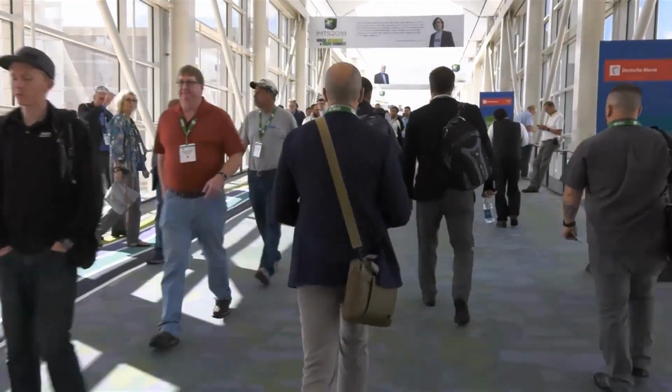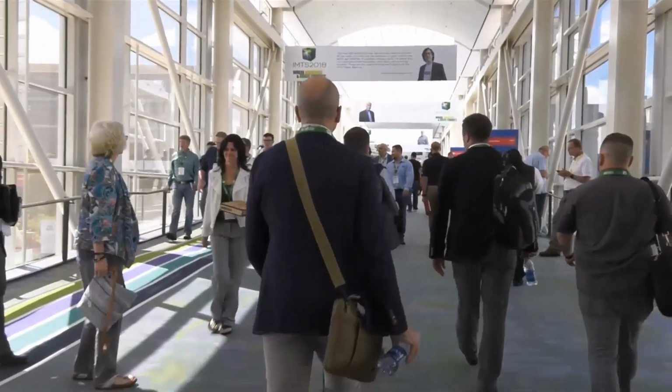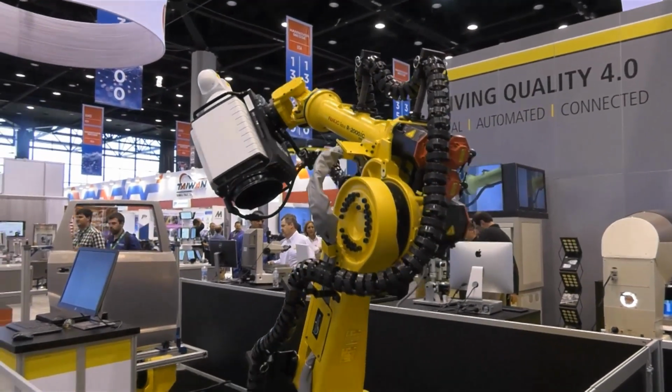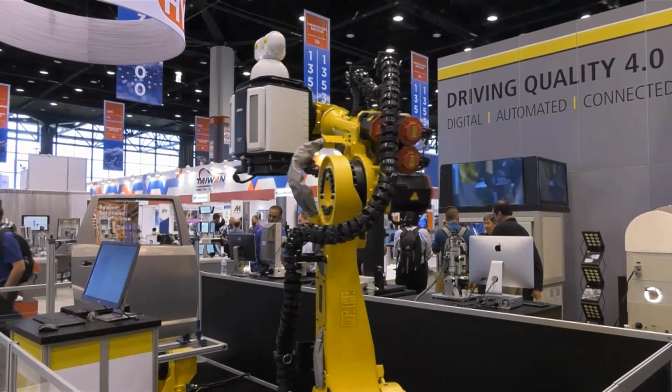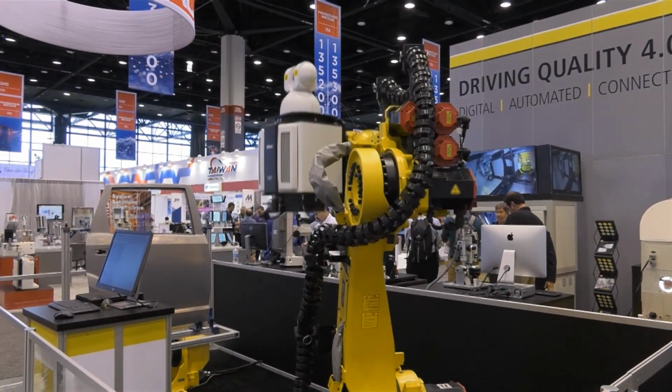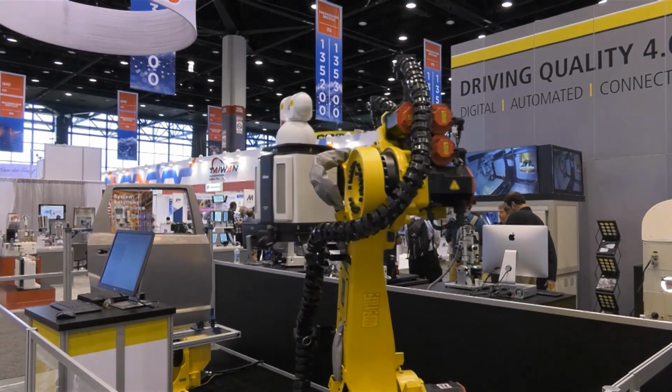Very cool. Derek? So, stepping back from the technology, the cool thing that I see is all the exhibitors that I visited were happy, right? Yeah. Wow. It was busy. The show was busy. There were a lot of people here. But then the flip side is all the automation you see. So you think automation is like there's conflicting things, but the automation lets the people do more important tasks. So the robot can be loading, unloading, doing the manual kind of things normally, and they can be doing things